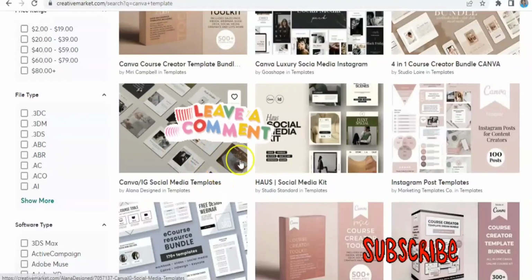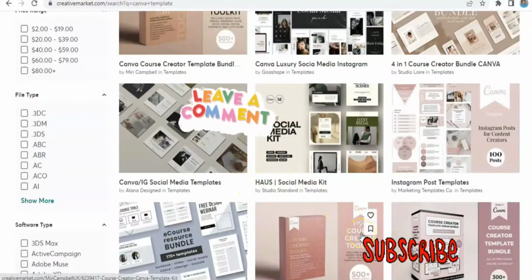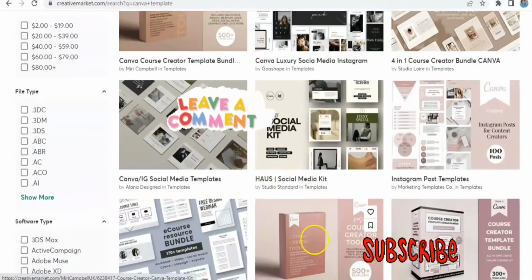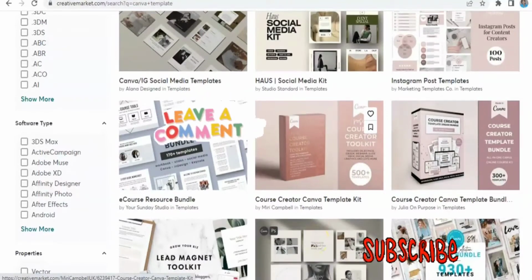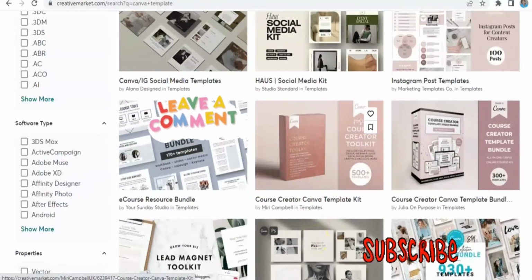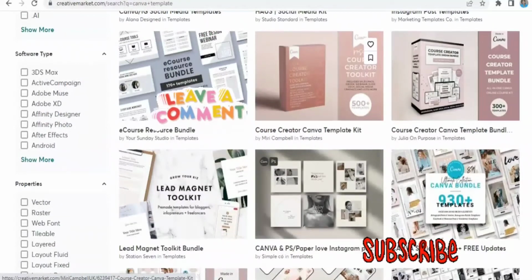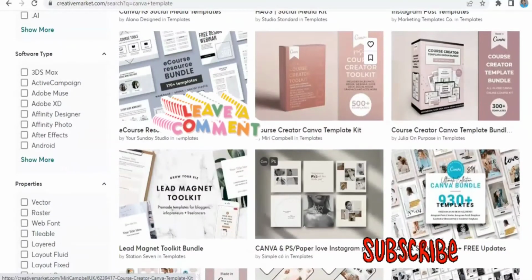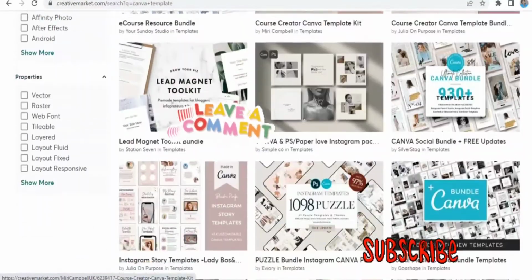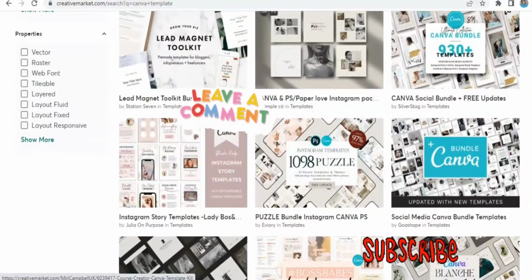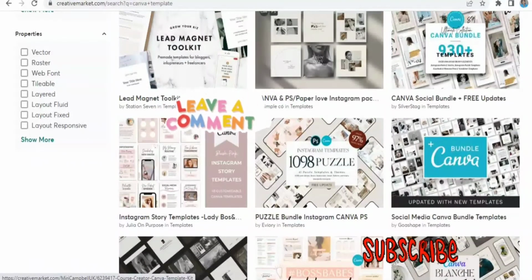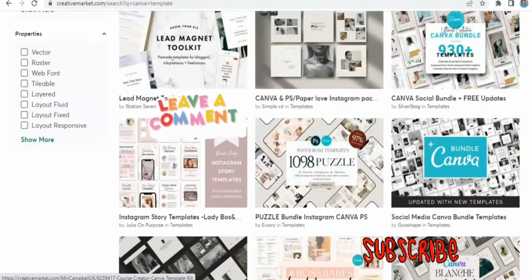A lot of us are finding it difficult to post on social media, so why not create something you can share, like a course creator Canva template kit, or a lead magnet toolkit. It's several things. You can get your ideas on either creative marketplace or st.com. And for you to be able to sell on